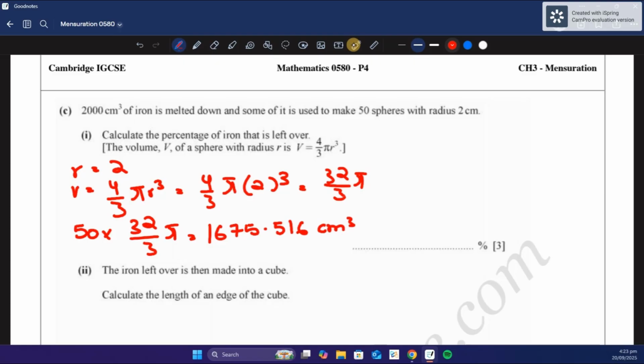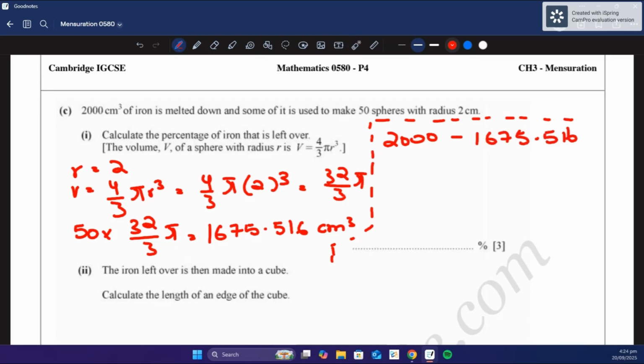Okay, so how much is left over? How much does that leave us with? Okay, so that should leave us with 2000 minus 1675.516. That should leave us with 324.4839 centimeter cube. Okay, now we could stop over here, but the question says for a percentage, the percentage of